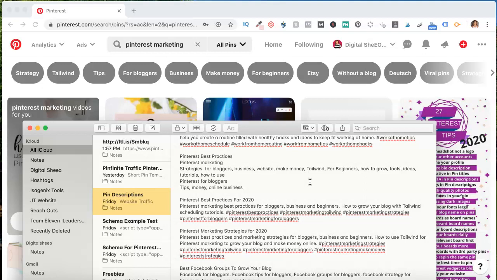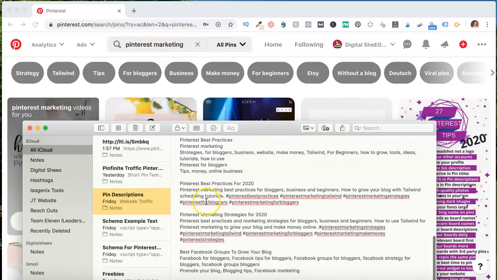And then I'm going to use this to create two different descriptions and titles with hashtags. My hashtags are going to come directly from these keyword strings. So at one point I typed in Pinterest best practices, but Pinterest marketing tailwind. See, Pinterest marketing tailwind, right there. Okay, so that would be how I'm going to find these hashtags based on what my pin is